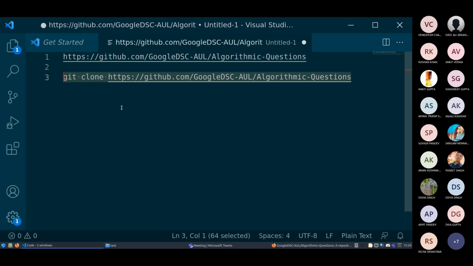Has everyone done it? I can see only one person respond. There's an error. What's the error? I guess for Windows, cd is different or something. I don't know, I haven't used Windows much. Let me just check it. Just a minute. Tell me if it works for you.